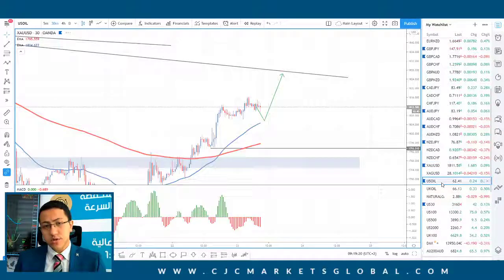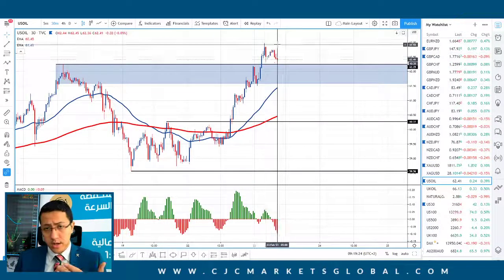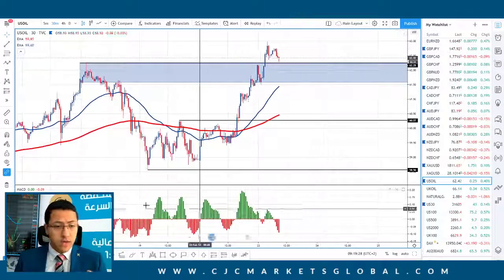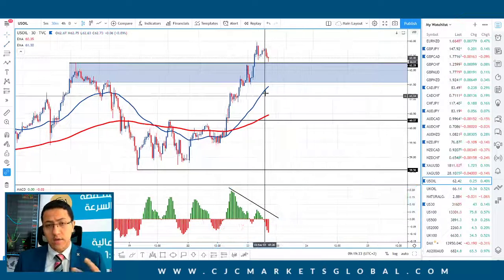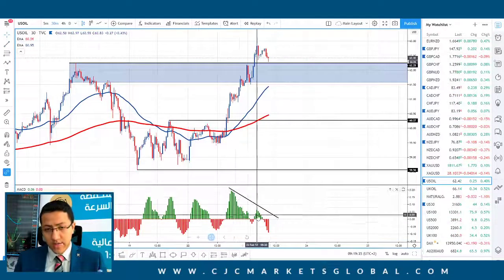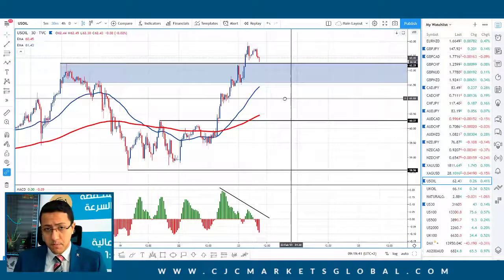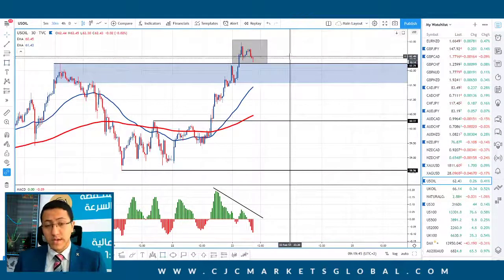What we're having in oil trading, the US crude oil, is basically a break to the upside above our key level 62.25. However, we can see clearly that the momentum is very weak after the breakout. We can see that we are having double bearish divergences, so we don't really expect that this breakout is something that we could depend on. This is something that we are expecting to turn out as a false breakout.